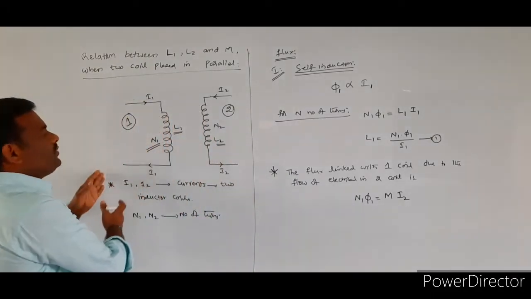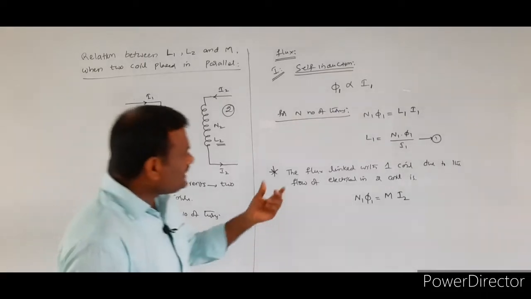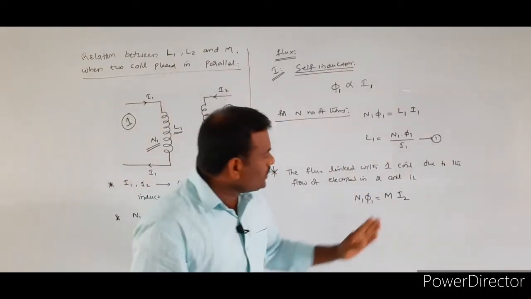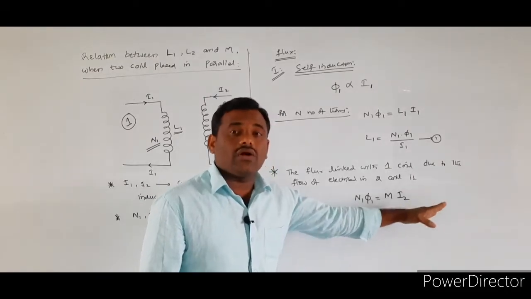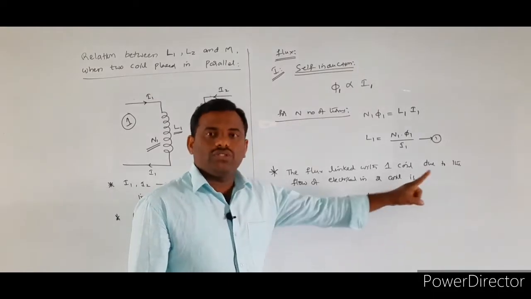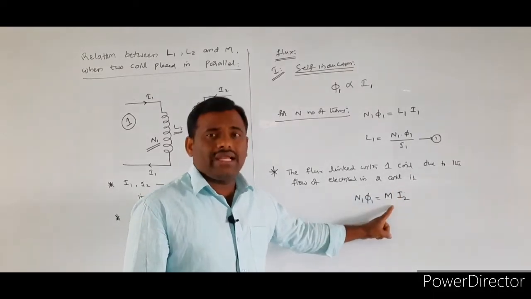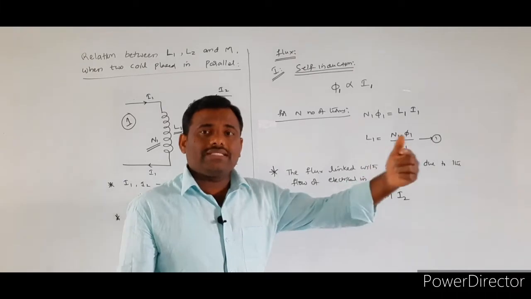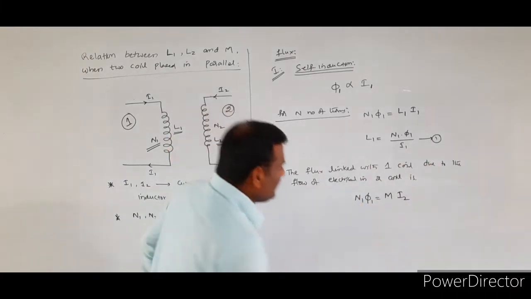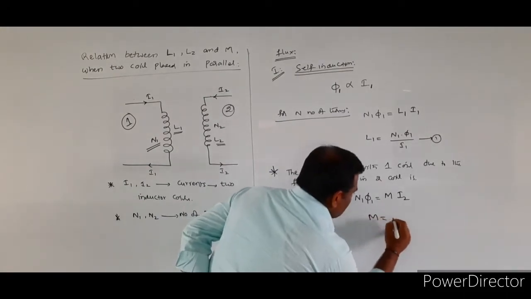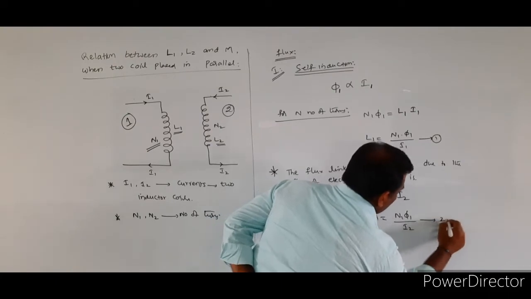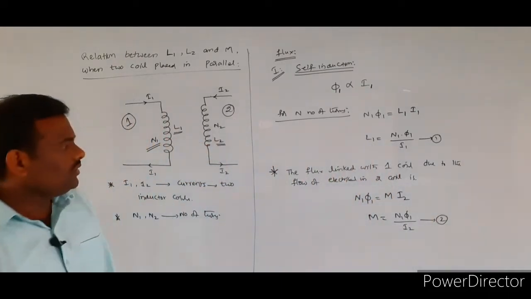The flux was produced in the first coil, so this is the amount of flux linked with the first coil due to the current flowing through the second coil, by the phenomena of mutual induction. So here I am directly writing capital M only. In the previous topics we also discussed that M12 is equal to M21. So from this I will write the formula M is equal to N1 phi12 by I2. Equation number 2.